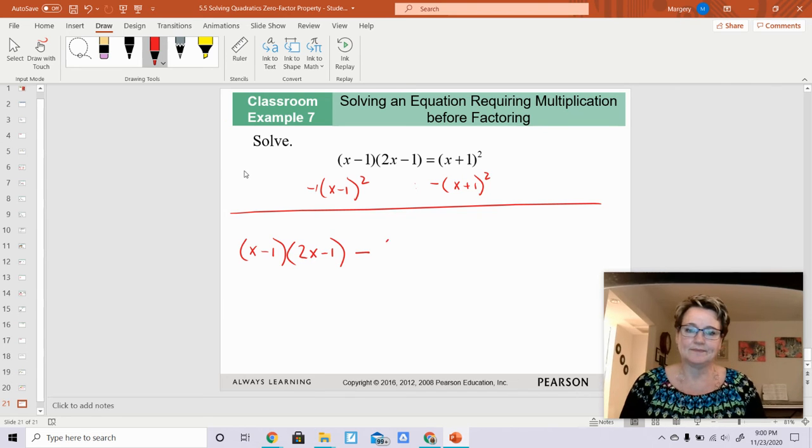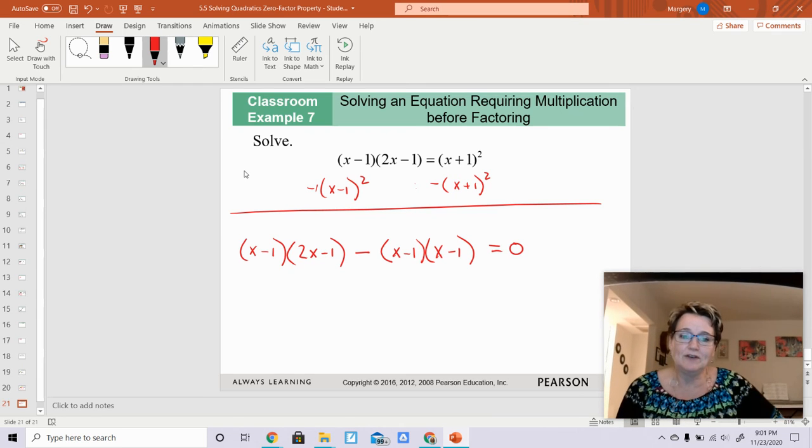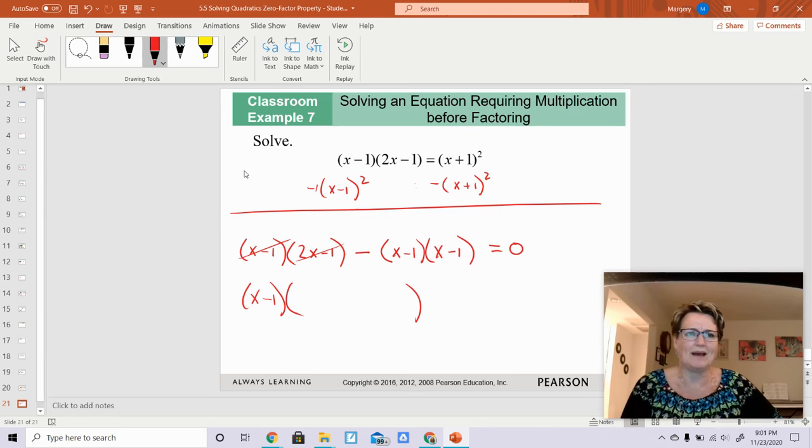minus x minus 1. And you guys, in reality, I have 2 of them, right? Equals 0. Oh, I got this. Okay. Now, if you notice, this has in common with this, x minus 1. You guys, this is probably not going to work out, right? So if I take out an x minus 1 out of here, my bad. I don't know if this will go backwards. Oh, maybe it will. If I take out an x minus 1 here, I'm left with 2x minus 1. If I take out an x minus 1 here, I'm